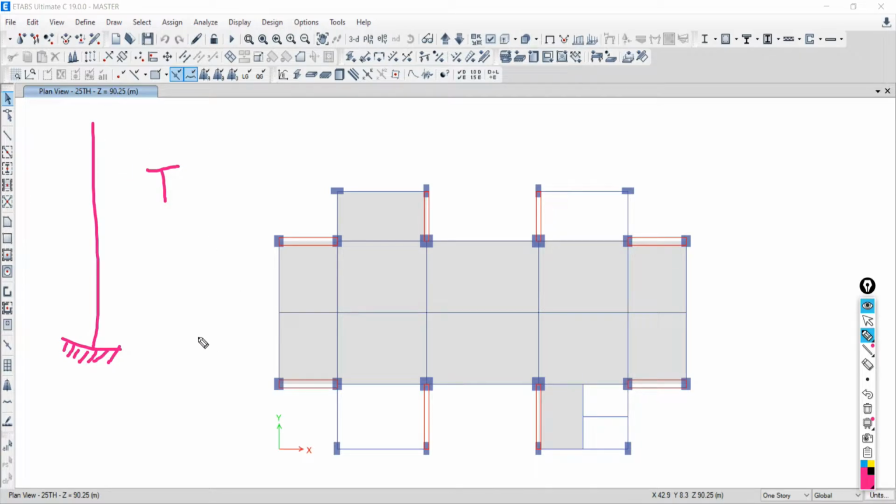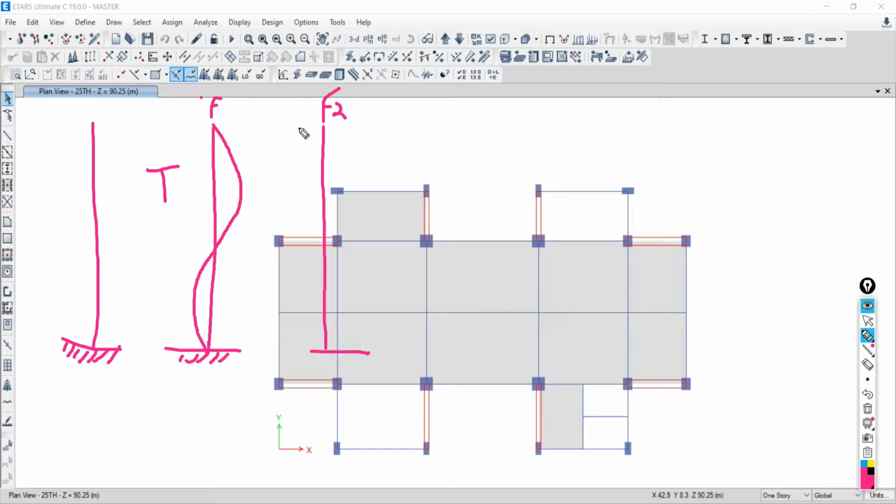For example, suppose the building is there like this. See, it is your building. The deformed shape of the structure you will get like this in the first frequency. In the second frequency domain, it is going to deform like this. Yes, sir. This is mode shape 1, this is mode shape 2, this is mode shape 3.